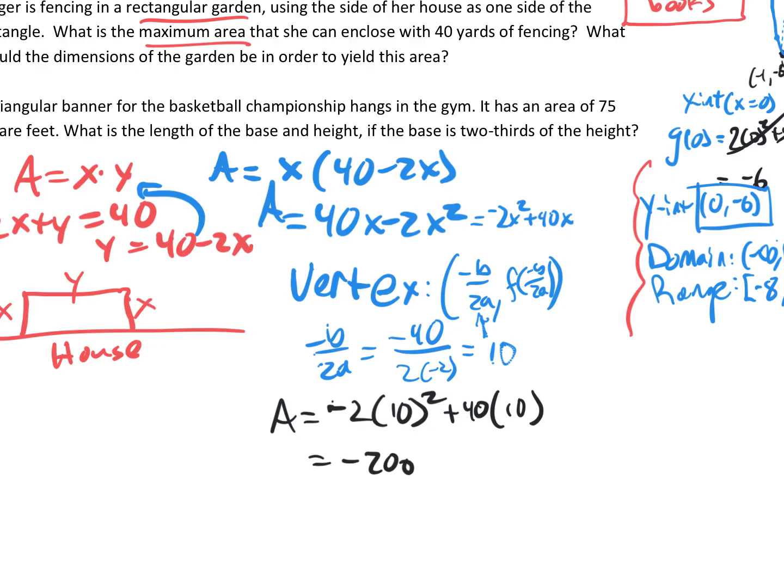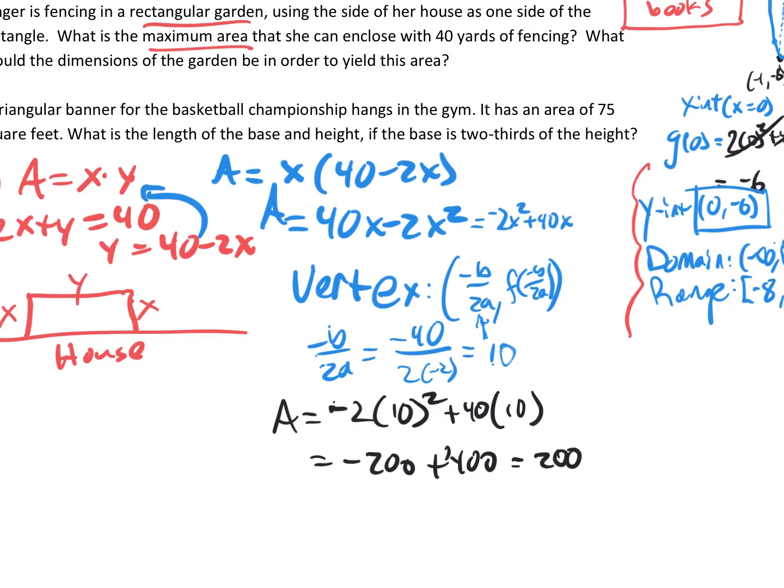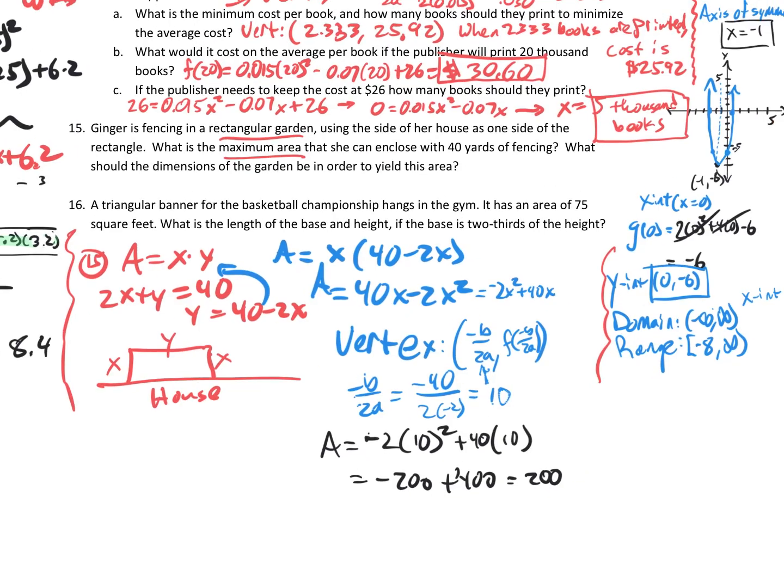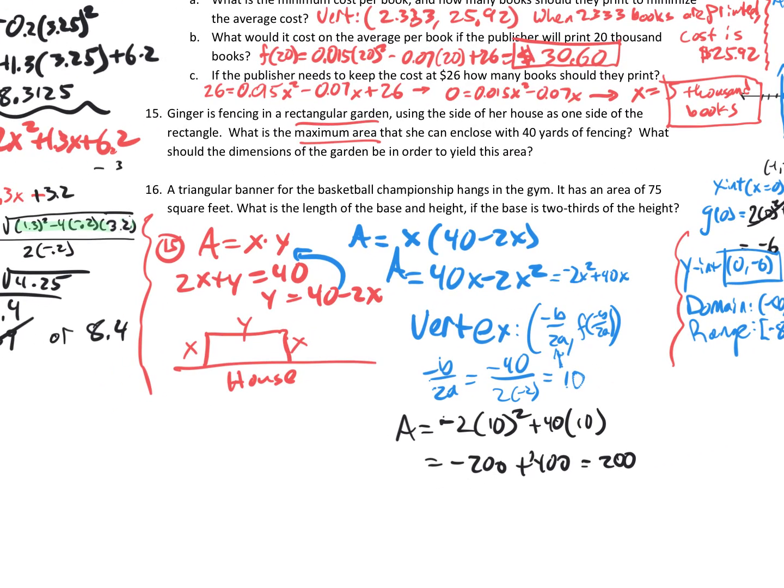Negative 200 plus 400, that equals 200. Okay, so what that means is when we have an x value of 10, the max area is 200 square yards